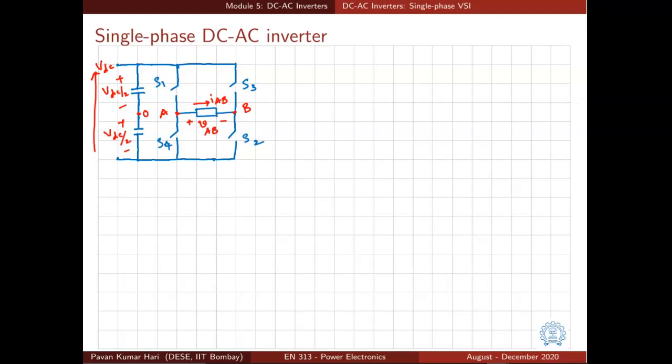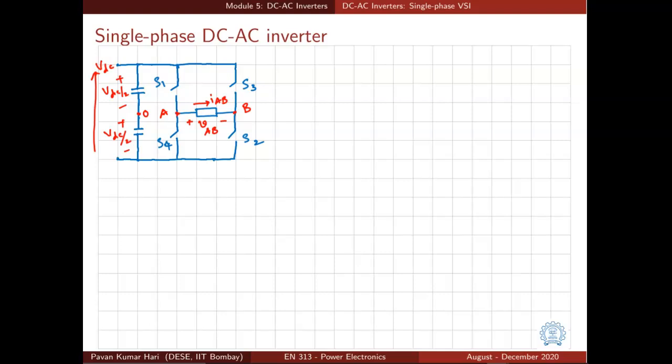So far we have seen the operation of a DC to AC inverter in different switching methods, and we also looked at the current waveforms and voltage waveforms at the output. And all this has been done by generic switches. We have represented by a single pole single throw switch. But how do we realize an inverter